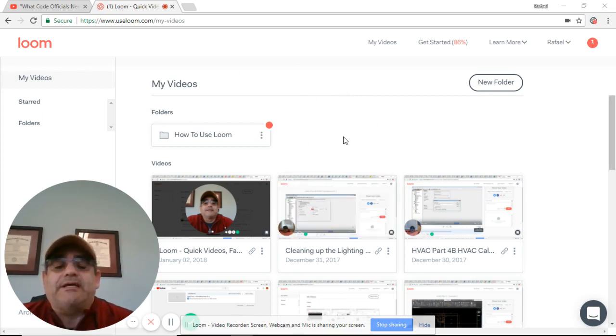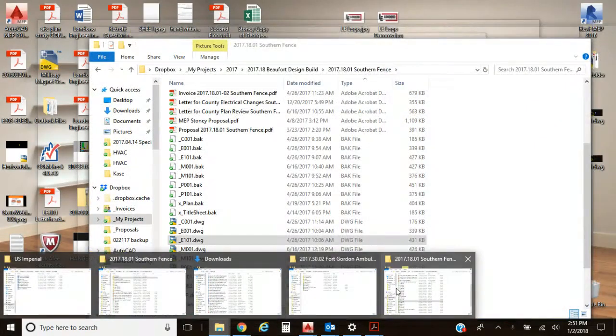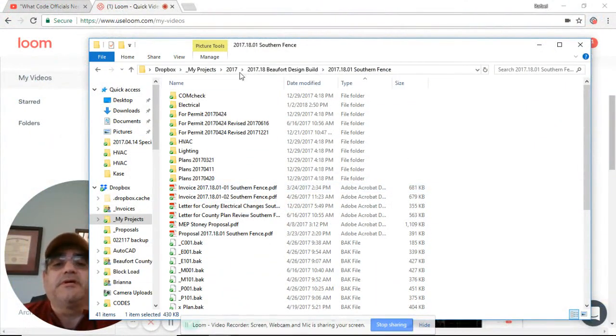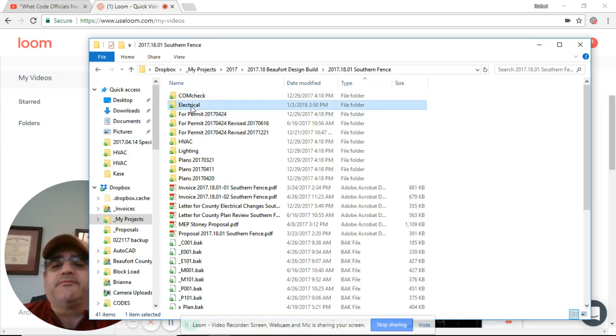We're going to start with the calculations first. As always, we'll find a project that's similar and we'll start from there. So I found this project that's office with a big warehouse in the back called Southern Fence. There's a folder there called electrical. So I'm going to copy this folder